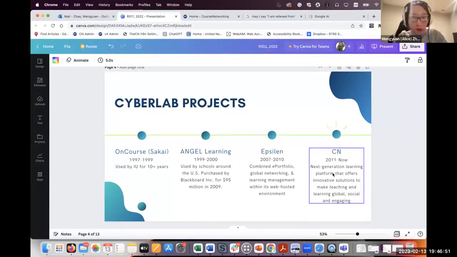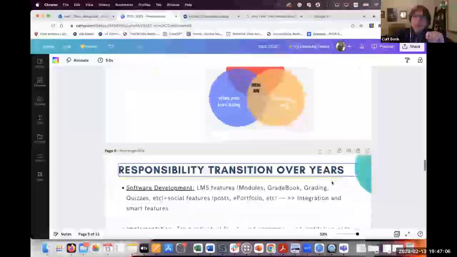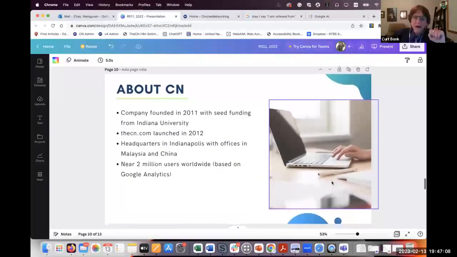User e-portfolio, gamification, AI-based smart learning agent. So it's a combination of all the past work at the Cyber Lab and getting better. By the way, Epsilon was sold to the New York Times.